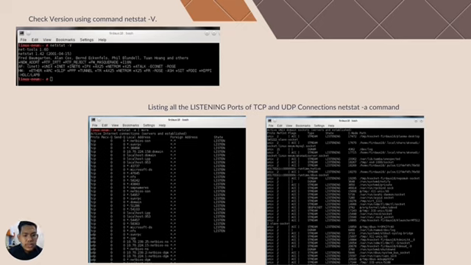Next, to check the version of Netstat, we are using the command netstat -v. So in this version, we are using net-tools 1.60, netstat 1.42, 54 2001. And below is a command for listing all the listening ports of TCP and UDP connections,